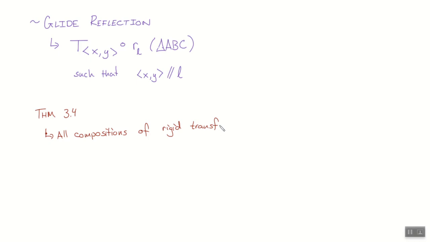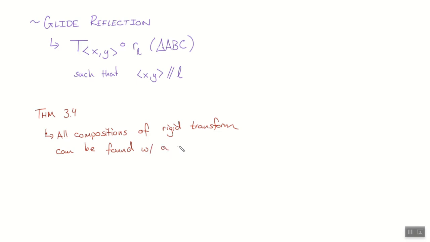But remind me just one more time, what are the 3 rigid transforms that we have? So if you give me any of those and compose any number of them, we get a composition of rigid transforms. Now it turns out that no matter what it is, doesn't matter how many there are and which order they're composed in, all compositions of rigid transforms can be represented, I'm going to say drawn or found